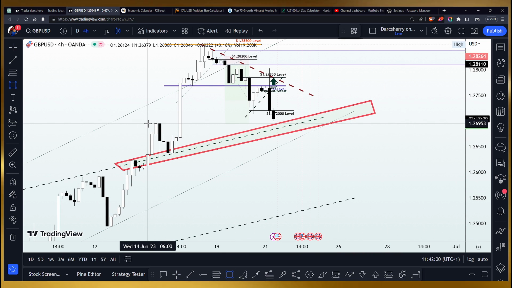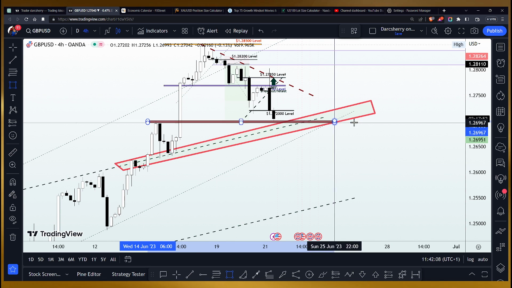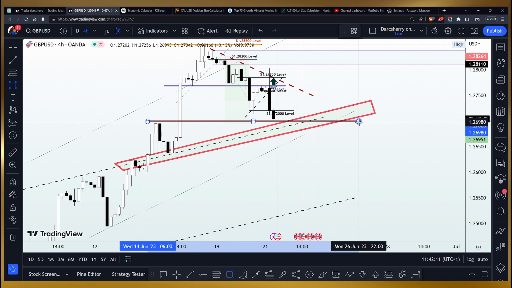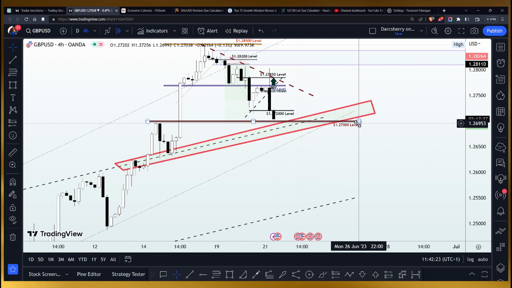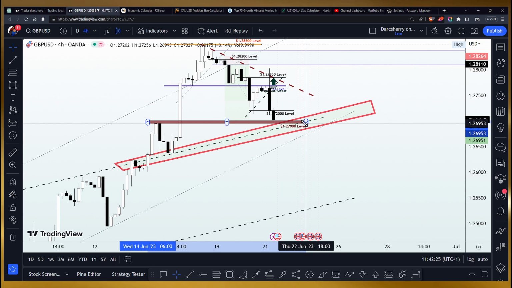So we have something here along the 1.2700, I guess. Yes, 1.2700 level, as you can see. So we are going to be using that as a yardstick to guide trading activity for today. So we have the 1.2700 level. So you want to mark this level out on your chart. Very, very important, as depending on what happens here, we'll be determining what our next line of action will be